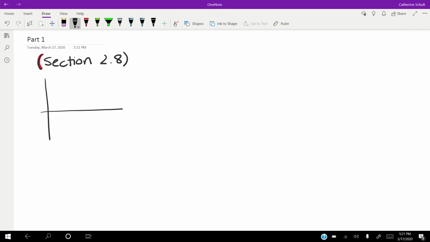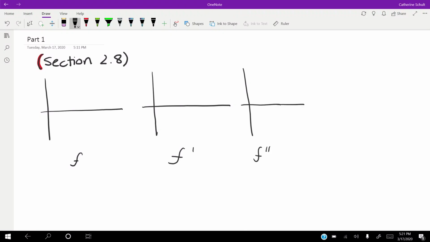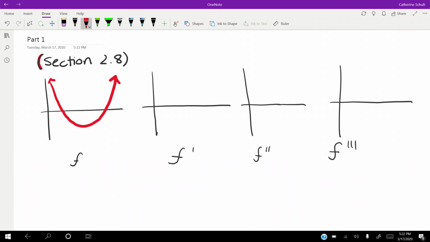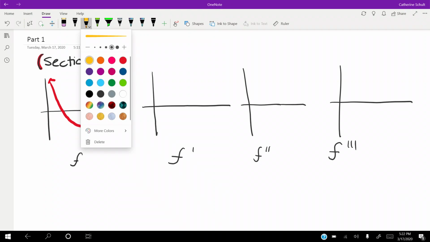Okay, so let's say we'll graph f here, and we'll graph f prime here. And now let's do our higher derivatives. Let's do f double prime and f triple prime, or the third derivative. Okay, so let's do this. Let's have our original function do something like that. Okay. So again, remember how if we wanted to graph then the derivative of that function,